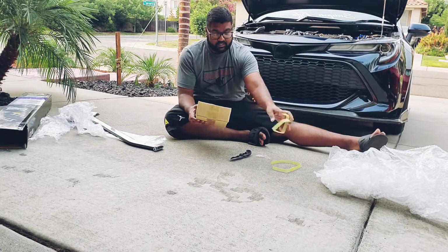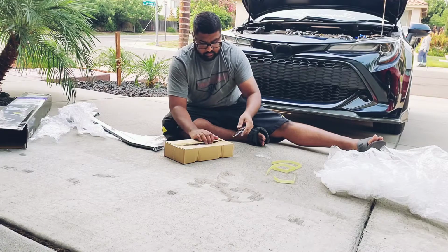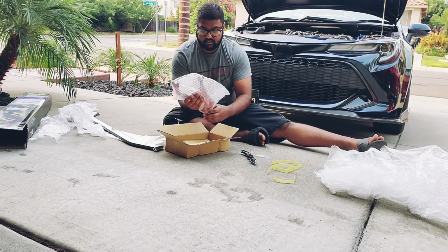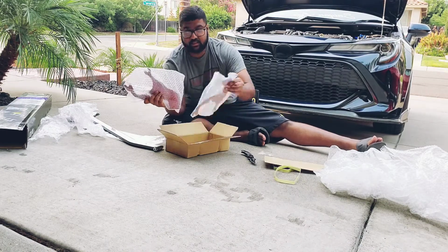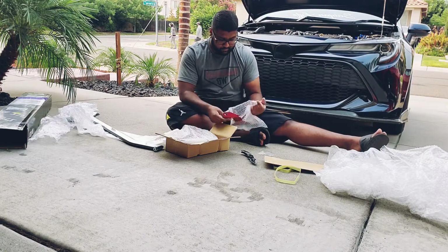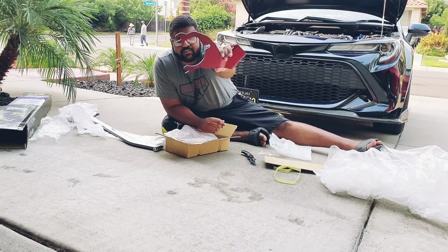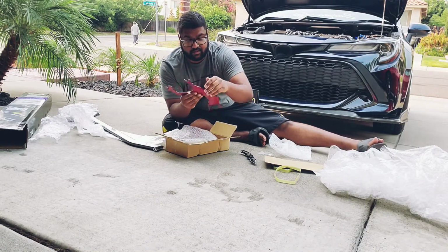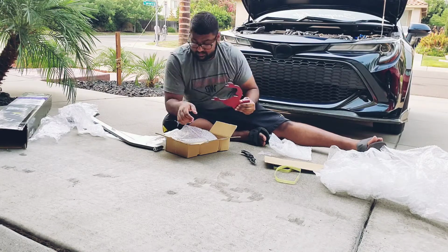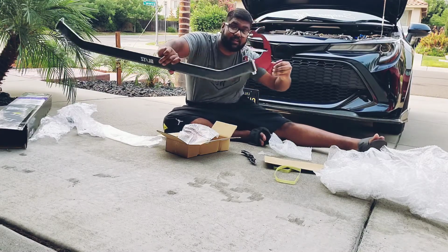Now it's time for this box. So this is the bracing mount for the strut bar. Let's open it up. Alright. So there's one and two. It's a nice red color. Oh, it's nice. So this is one of the brace mounts. Good quality. It's heavy. All right, so this was the unboxing of the Blitz strut tower bar, and it's time